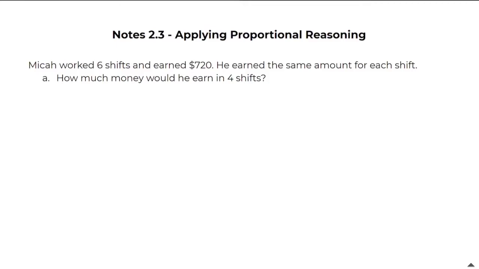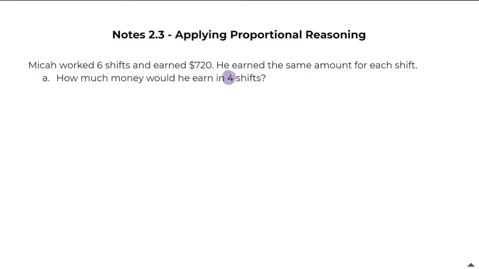Everyone, notes 2.3 are on applying proportional reasoning. In our first example, it tells us that Micah worked 6 shifts and earned $720, and he earned the same amount of money for each shift. So we want to use that information to figure out how much money he would make if he worked for